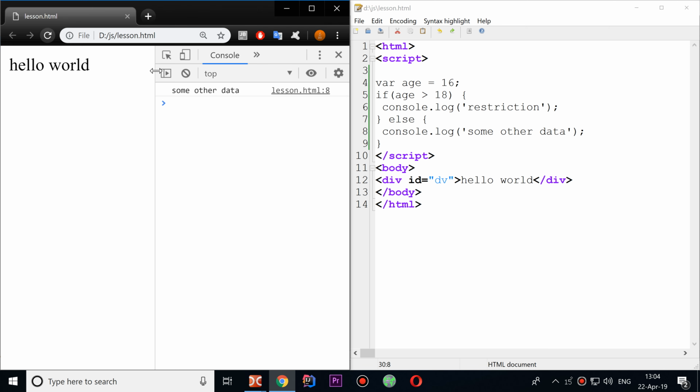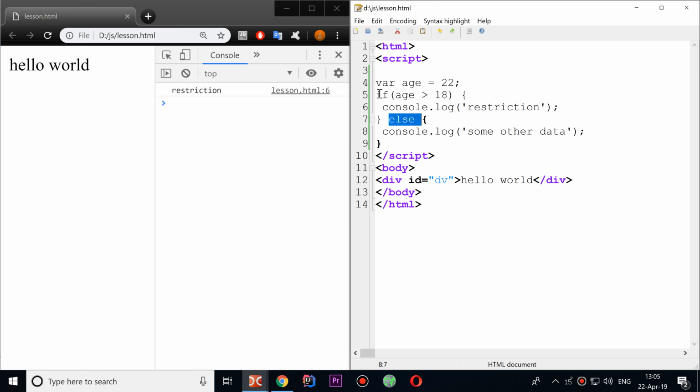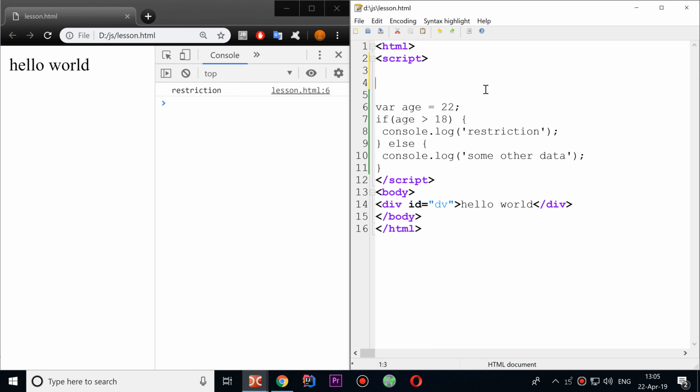So if the person is 16 years old, we show him some other data. If he is older, like 22, we will show him restricted data. So else works with if, and it's an additional statement that we can use to do something if the condition is false. And as I said, sometimes